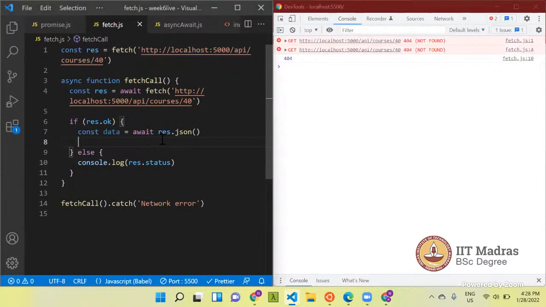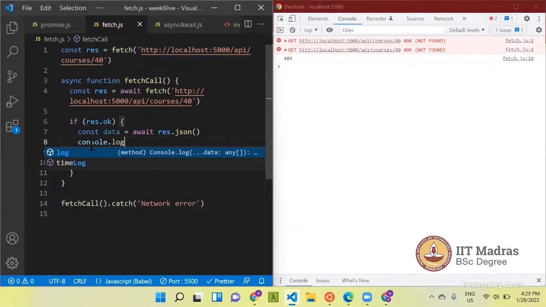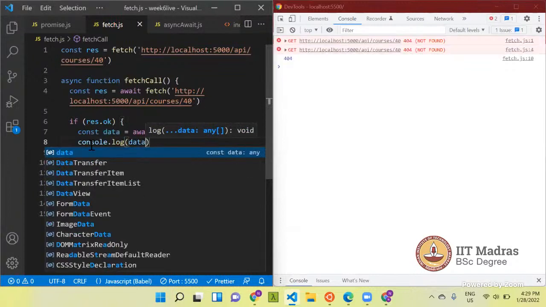Response.json, as we discussed earlier, also returns a promise, which resolves with the JavaScript representation of that JSON object which the server returns. Then I will log this, console.log data.